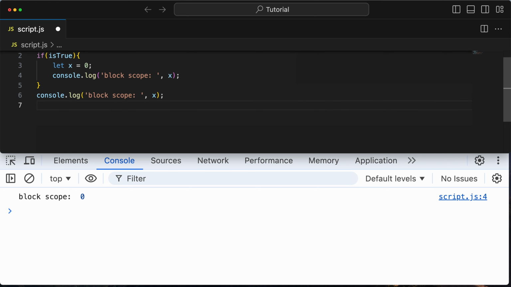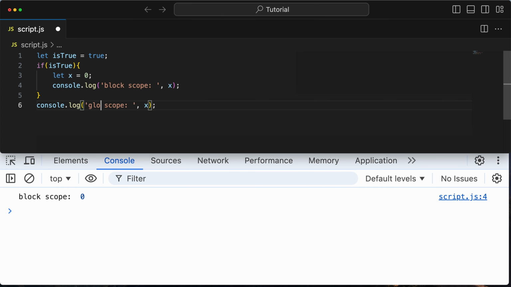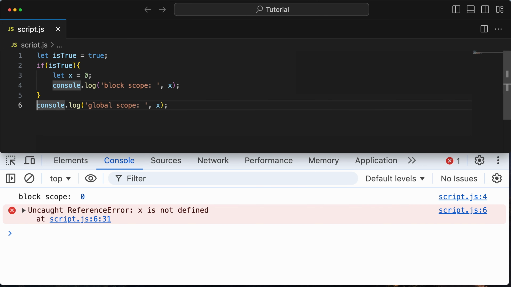Let's see some examples. As you can see, x is available inside the block scope of the if, but outside of it, it's not. By the way, here lies one of the main problems with var. Remember how I was saying that when declaring a variable with this keyword, you might end up finding it in unexpected places? Now, when you know what scope is, you can understand the root cause of this issue,